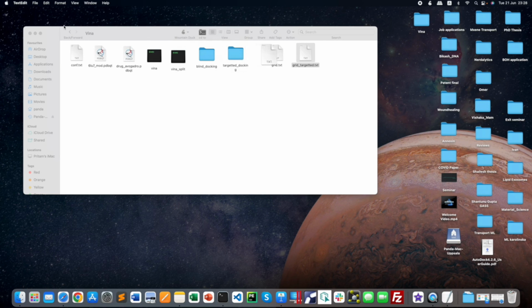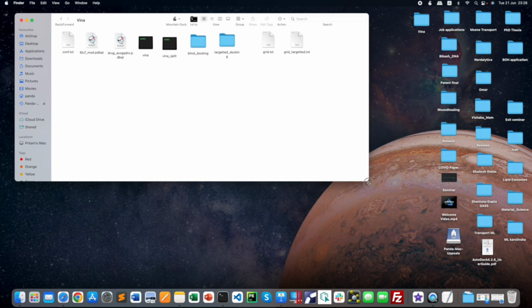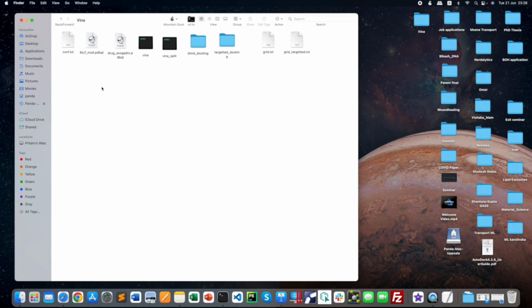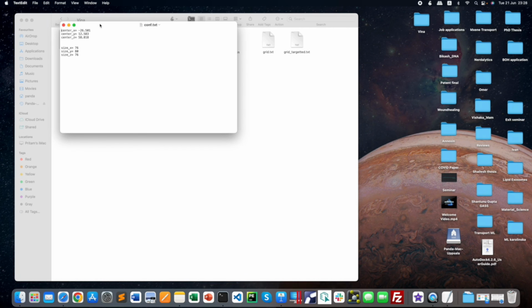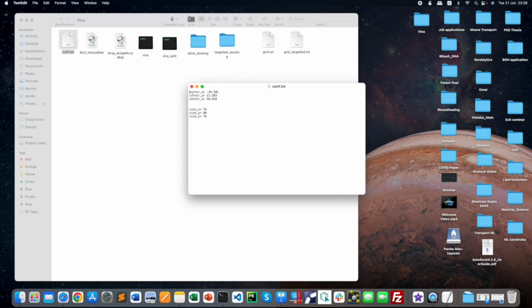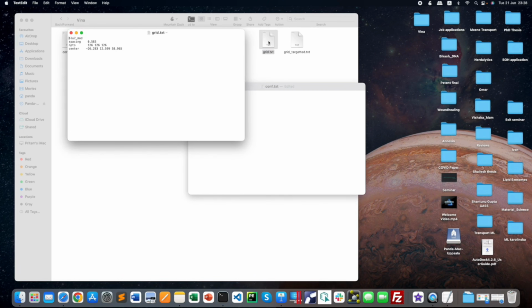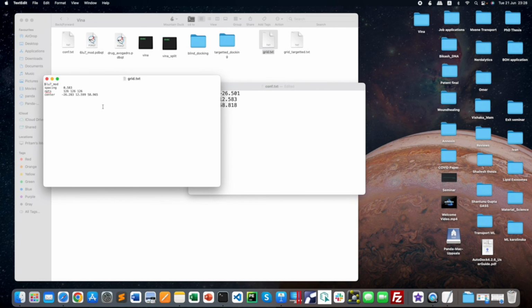Okay, so one of the main important parameter in order to run the AutoDock Vina is the configuration file. So basically the configuration file consists of center X, center Y, and center Z, and these are just the coordinates you have to give, size X, size Y, and size Z. Okay, so let me, yeah, and if you open the blind docking grid box,